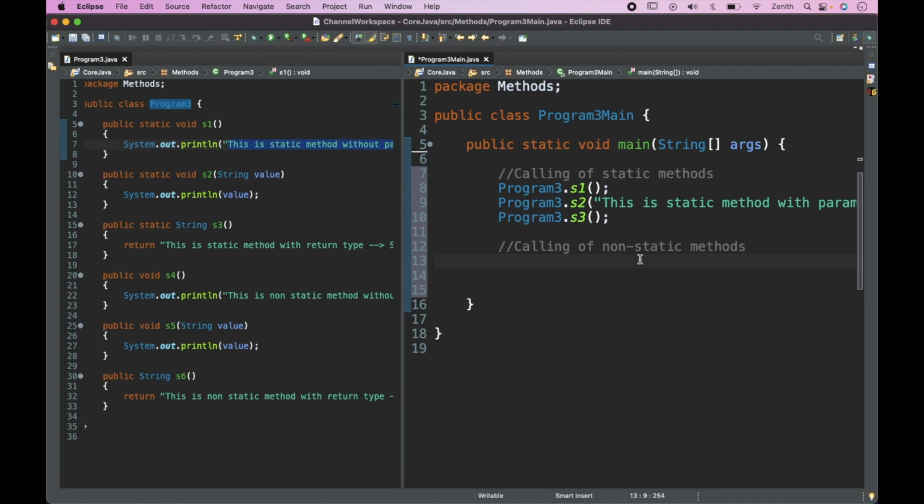for a non-static method we need to create the object, but not the object of this class, rather of the class where the methods are available. So I need to create the object of that class because the methods are available over there. So new, this is the object, and it needs to be stored into some reference variable. So x is a reference variable, and that reference variable needs a data type too. So like this, then x dot